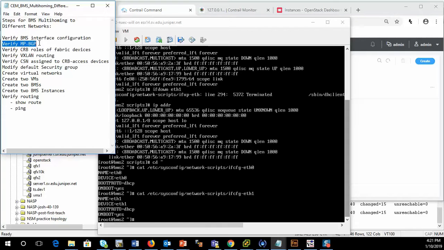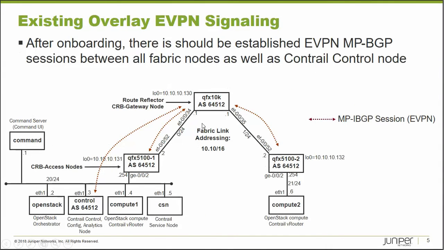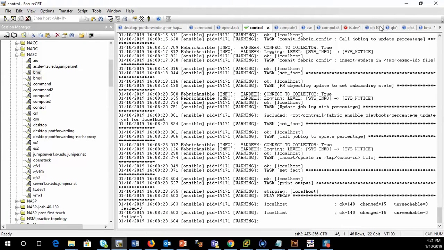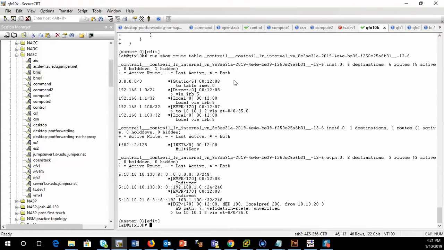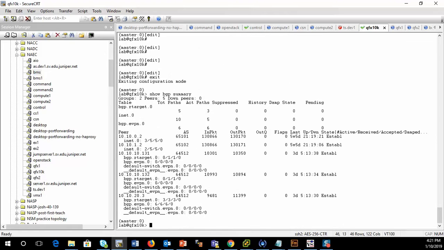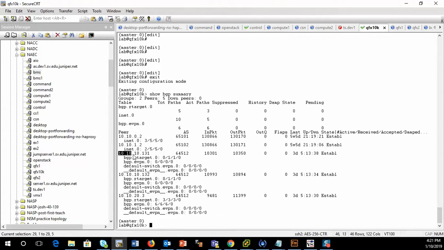We want to make sure we have MPBGP enabled, because remember, we onboarded this brownfield IP fabric. This overlay network should have been automatically configured for us. So let's double check that. We go then to QFX 10K. On the QFX 10K, we can see all the sessions. If I say show bgp summary, here we've got our eBGP sessions that are used for the underlay routing between all the subnets, and then we've got our IBGP